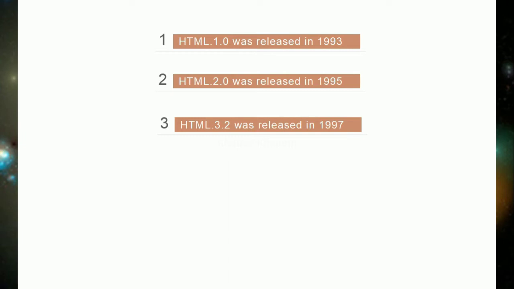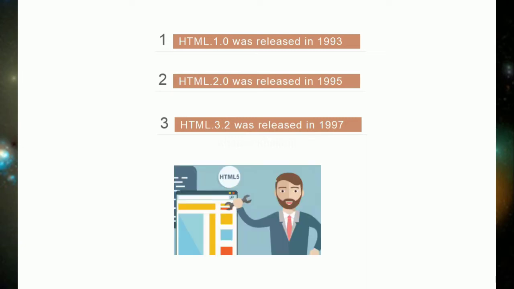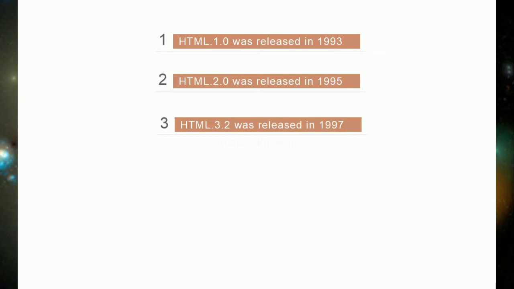Most of us will not use tables now, because we use div elements, block level elements, to create tables. But if you want to create your resume as a beginner, you can go with the table tag and insert the data inside the table. It's not an issue. You can still use the table tag, but it is recommended to use div tags or other semantic elements, which are mostly used in HTML5. Also, text flowing around an image was introduced in HTML 3.2, released in 1997.